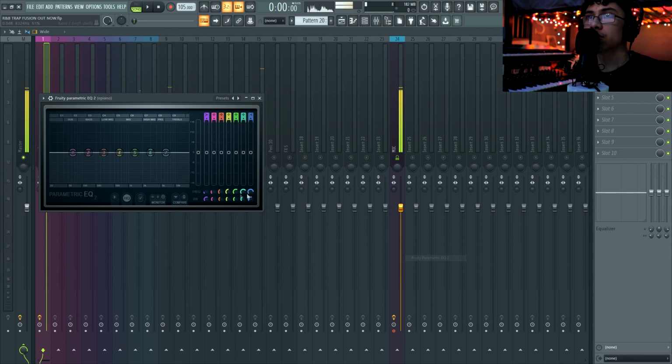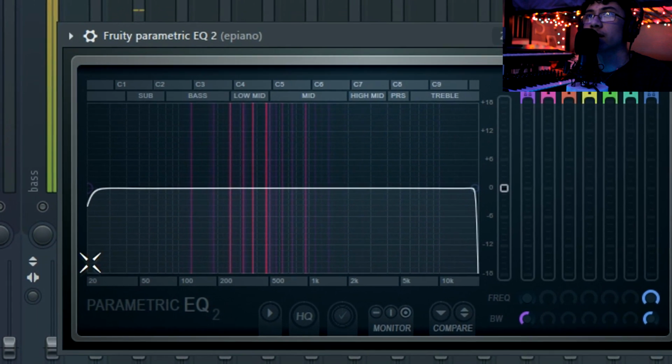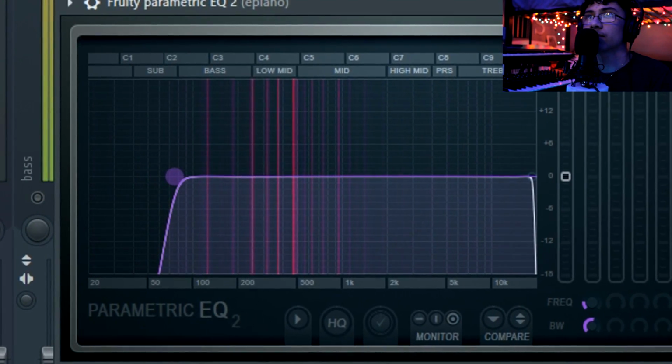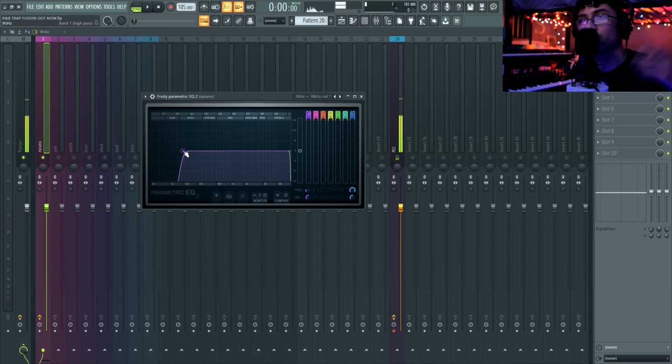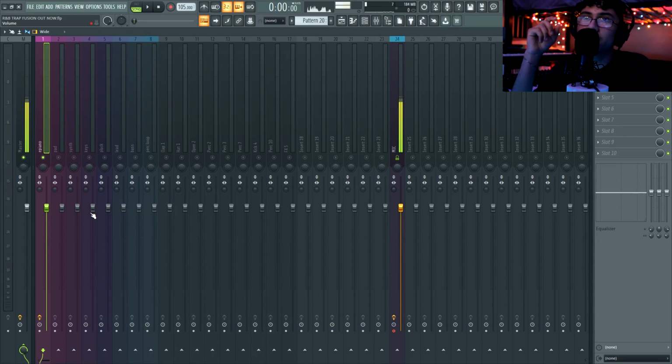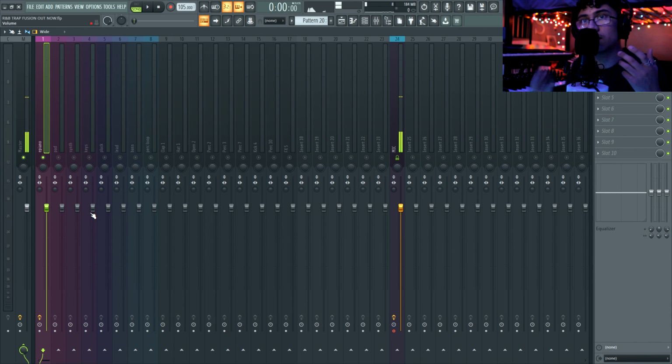I'm gonna just add an EQ. Let's put the filter on it and just cut out that low end. Even if you can't really see it, there might just be some frequencies that we want to get rid of. So many little tweaks that you can make contribute to the overall sound of the beat, such as the